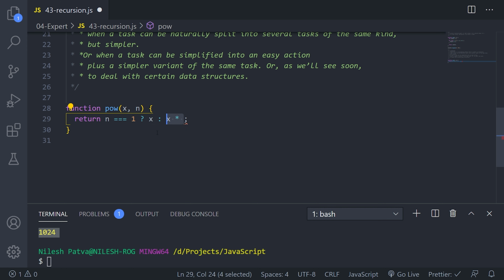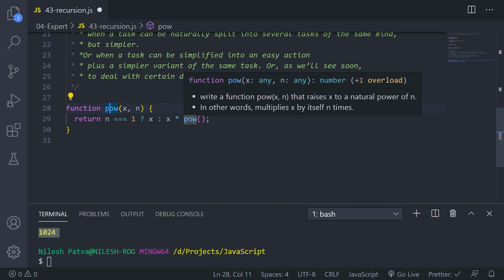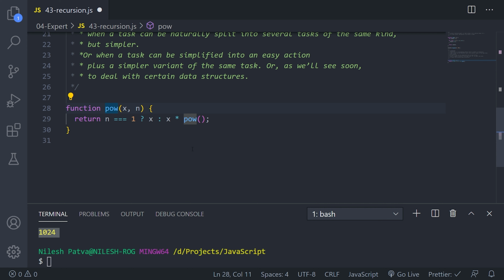If it is not that case, it will multiply x into a call to the power method again. This function is basically calling itself, that is why we call it recursion. Now the arguments will be changed. If you see, x will be the same, but the second argument will become n minus 1. That means we are reducing the iteration here.